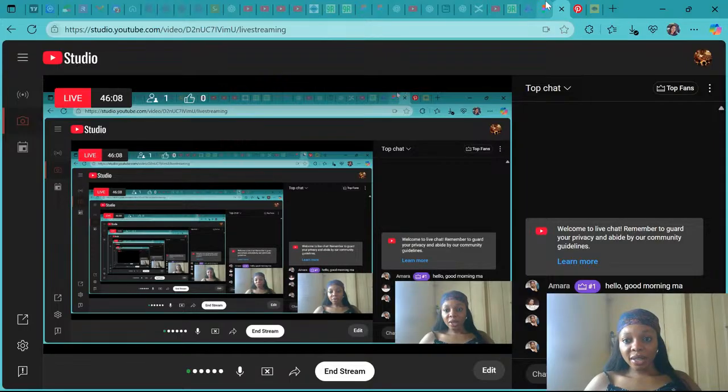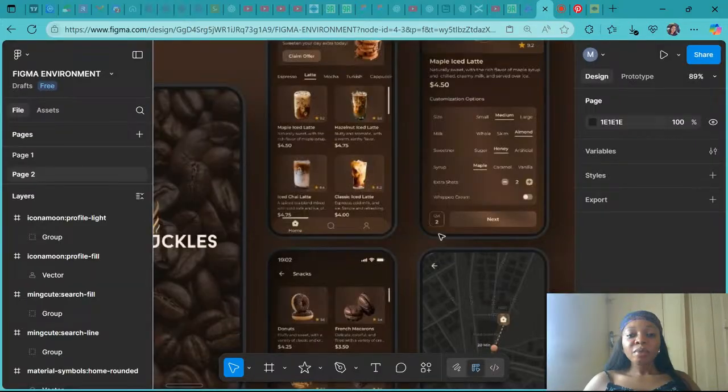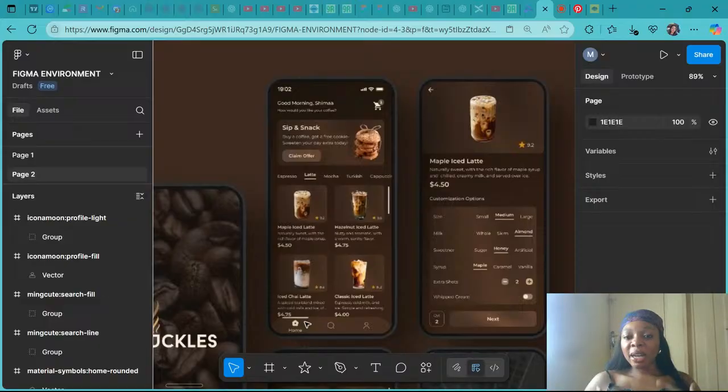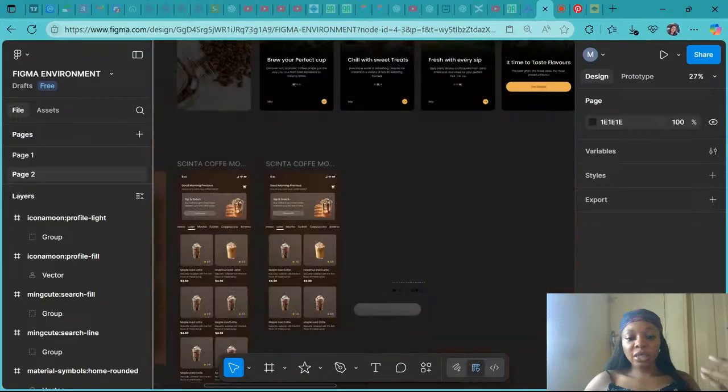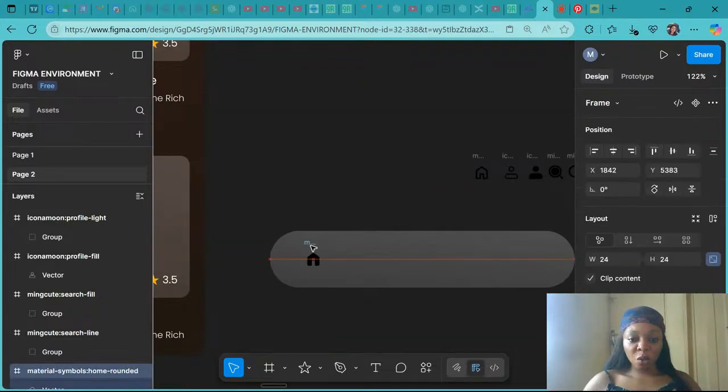Okay, well done, Amara. So by default, if I enter a mobile app, the mobile app has launched me into the home page. So this is what our home page should look like. It should start with the home icon, which is filled to show that this particular one is currently active. So we're having this,